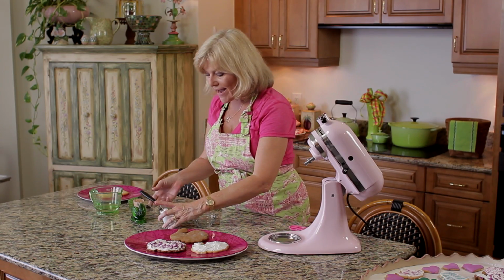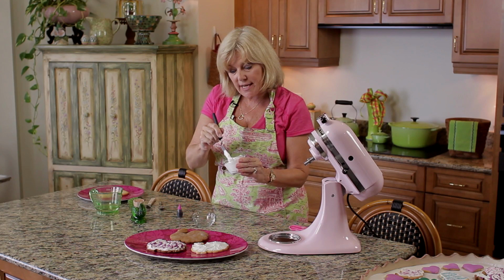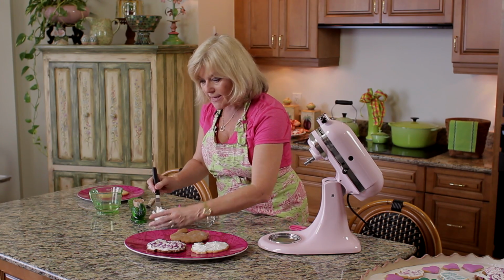I'm using a meringue powder. It's more or less a royal icing. That's what it's called. Some people know it as a royal icing or a meringue powder icing. And it's a very white, beautiful icing. And what I'm going to show you today is how you can create a swirl effect like I have here